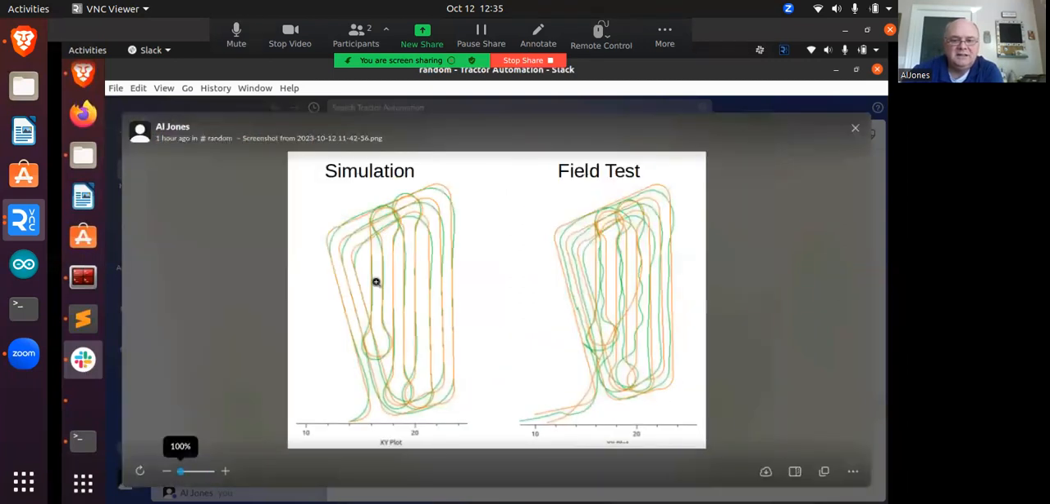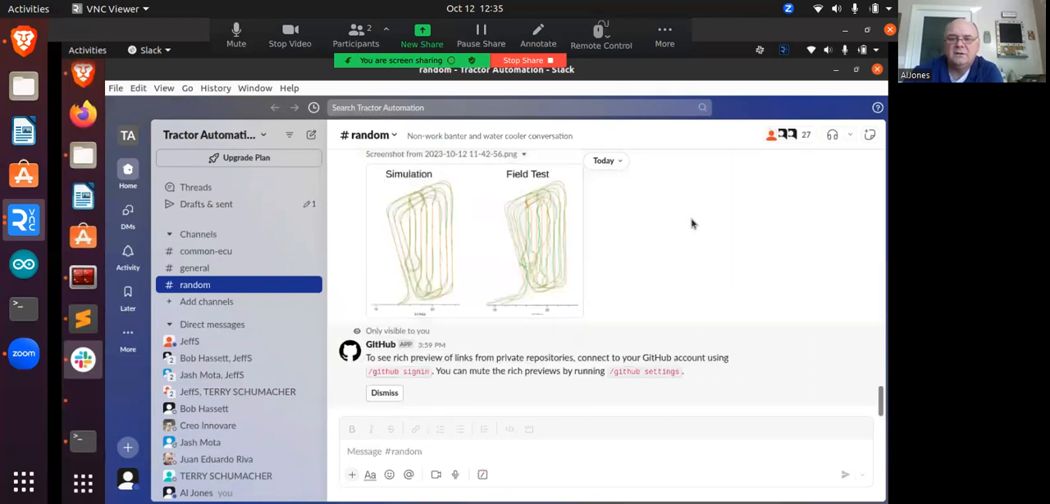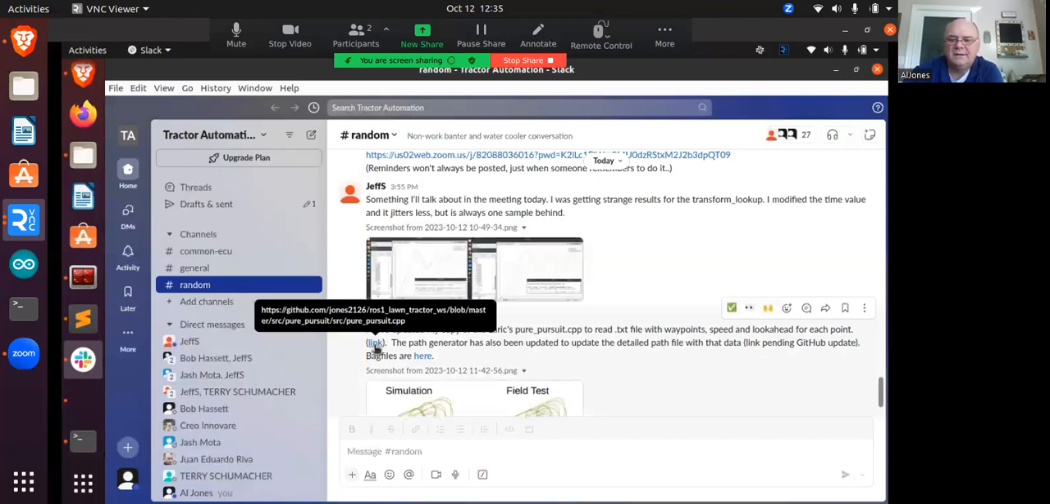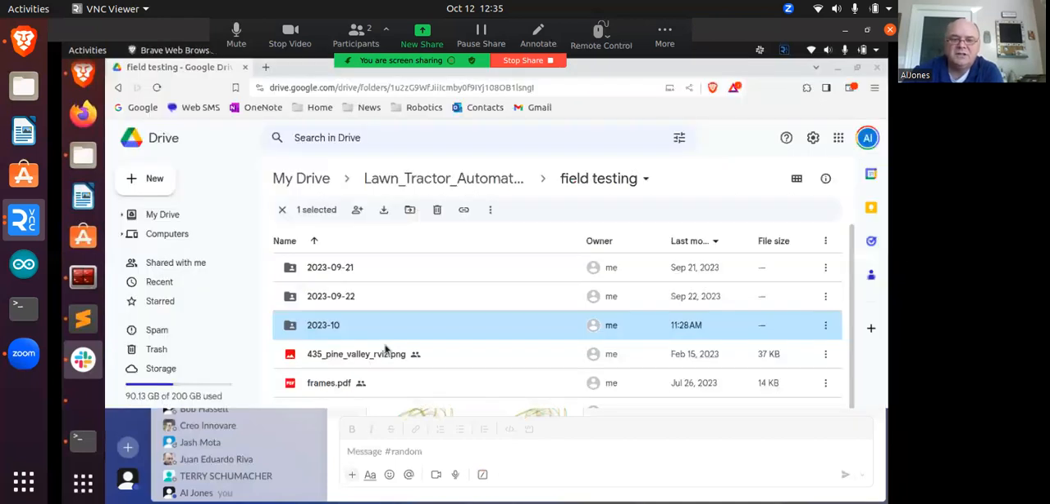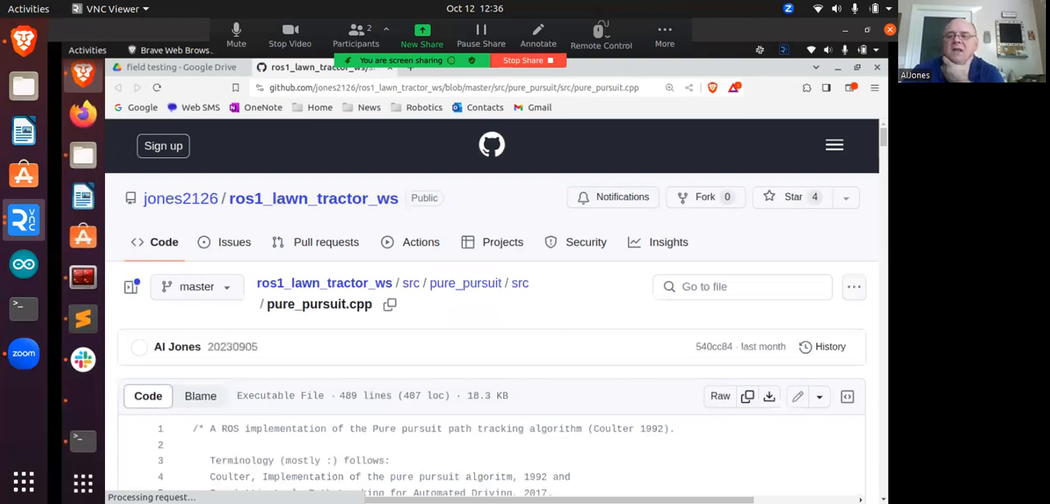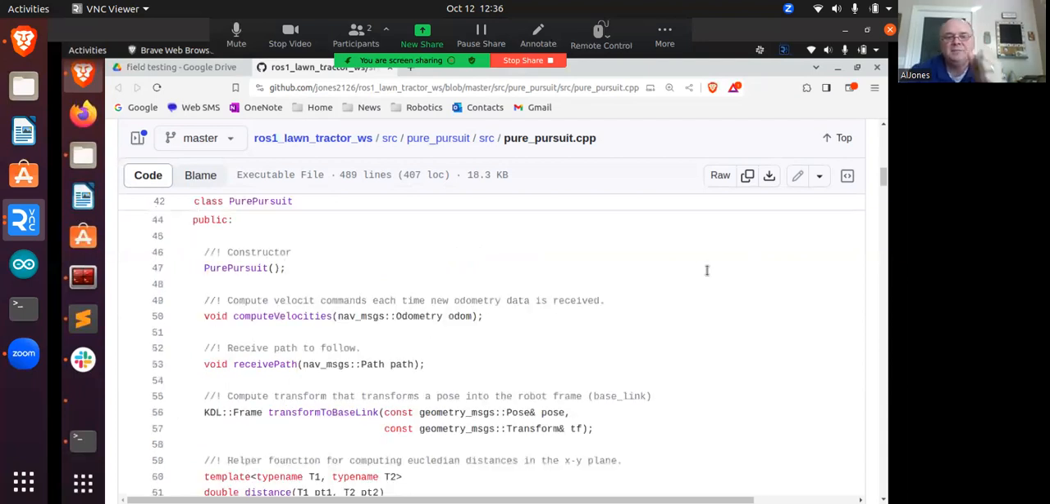Let's see. I put the link to the code here, which is the adjustments to pure pursuit. As a reminder, previously Pure Pursuit subscribed to a path that was generated by another program, and basically what